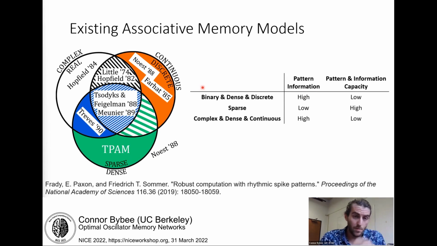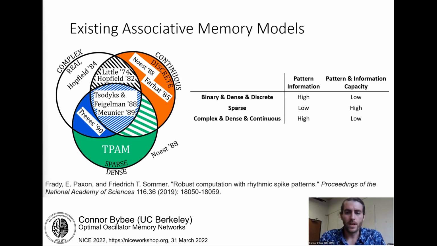Associative memories have been around for a while and extensively studied in the literature. There's a diverse set of models, each with varying properties. The state variables in associative memories can be complex or real valued, discrete or continuous, and the pattern activity can be sparse or dense. It's important to consider that even if the stored patterns are discrete, the state variables themselves can be continuous. For example, in the binary Hopfield case, these patterns typically take the values of -1 or 1, but depending on the algorithm implementation, the state variables may continuously vary from -1 to 1.